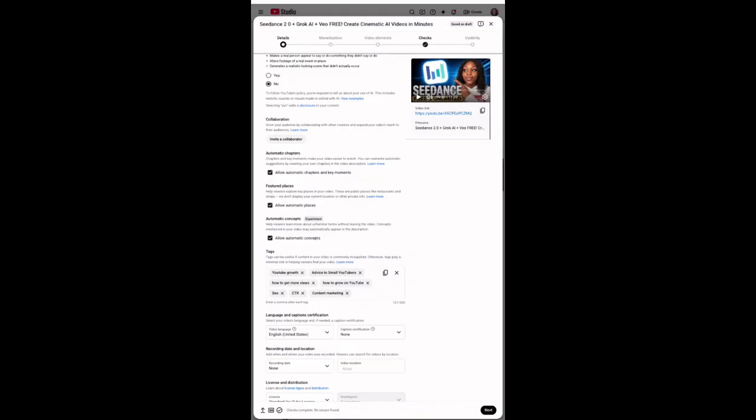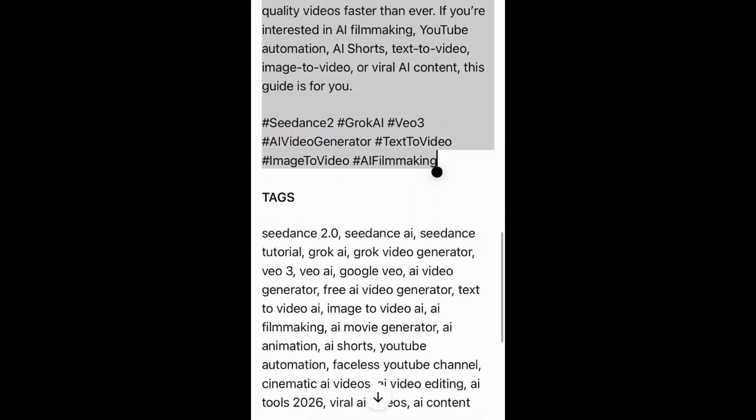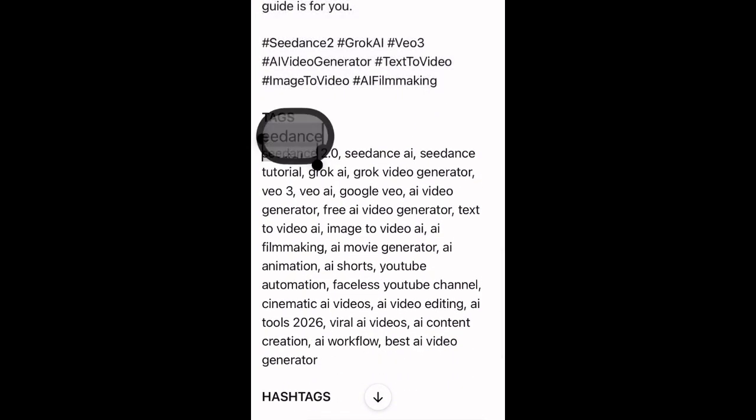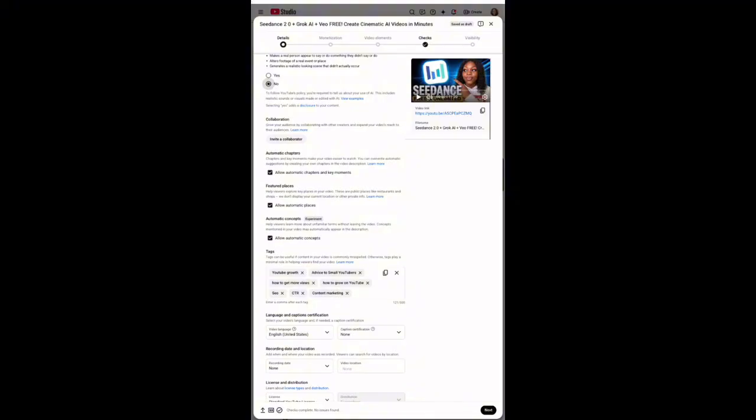Okay, I'll have to delete some of these tags, because some of my YouTube growth tags, okay, I have tags in ChatGPT, and I'll just go over to ChatGPT to copy the tags again. Look at it, tags. Tags means keywords. These are keywords that help boost your videos. Okay, look at it. I'll just copy everything, come back here, and paste it here. So I need space because it has a few words.